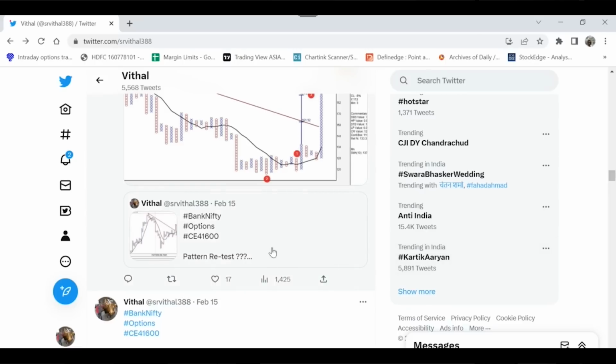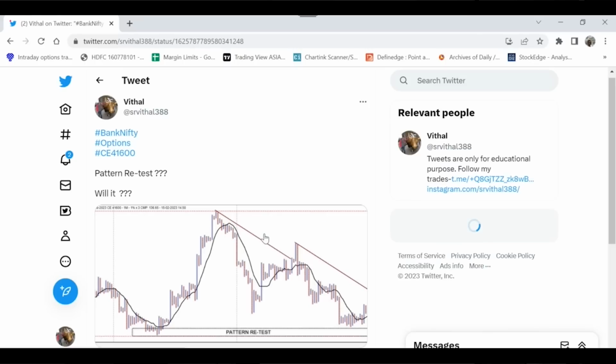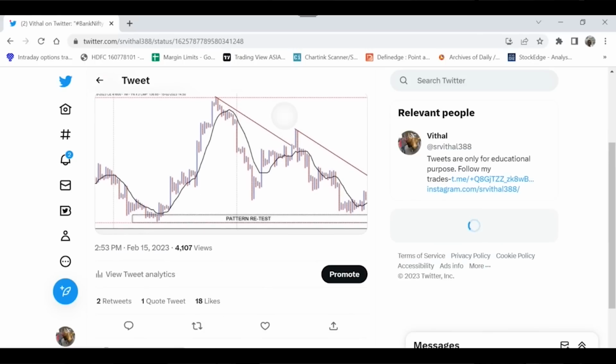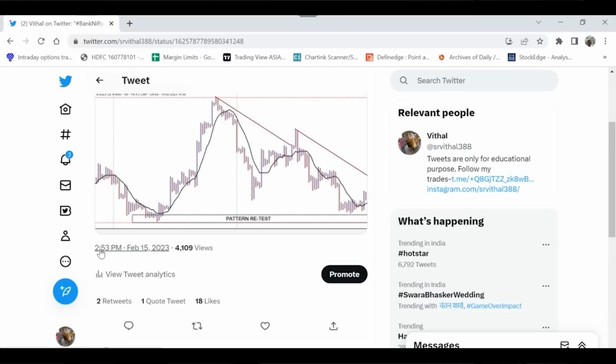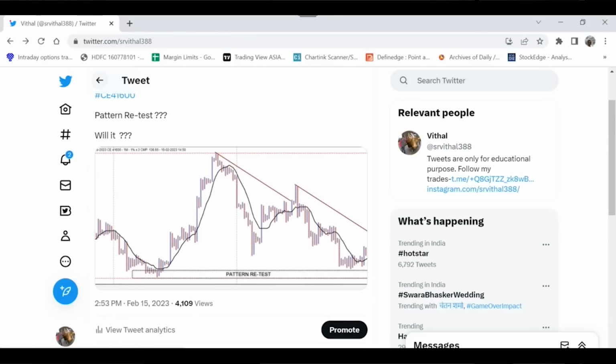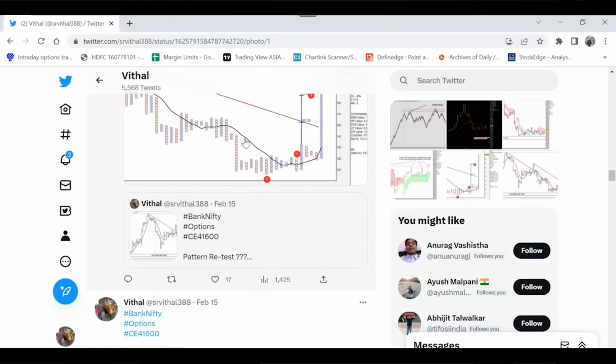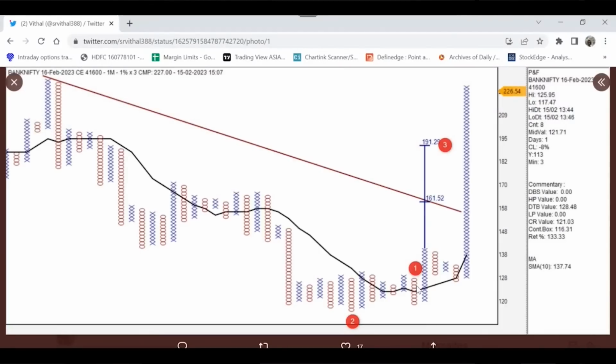So it was very less time. This is a real-time tweet. One can see it happened somewhere around 2:53, and it was just before the market close. And I traded this pattern with the count. So this was the count column plotted on the anchor column of the ABC pattern. So 191 I got out.